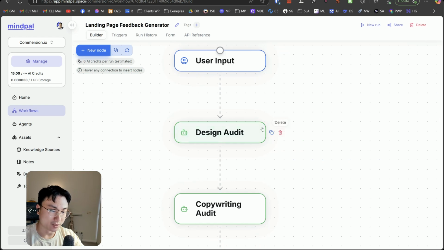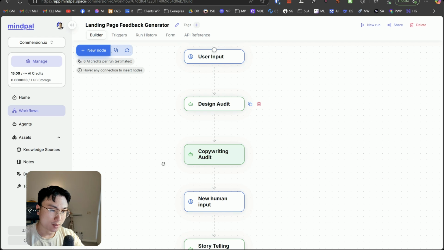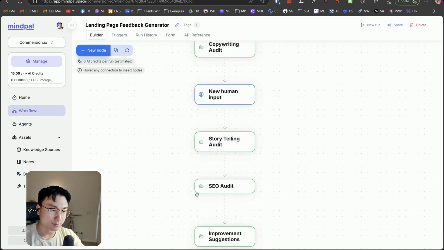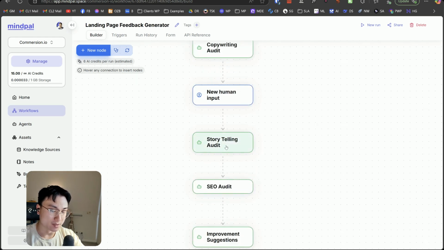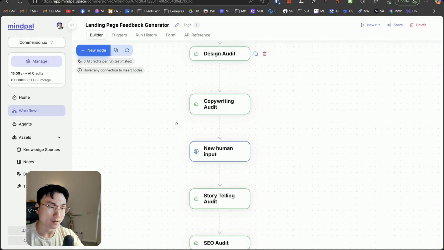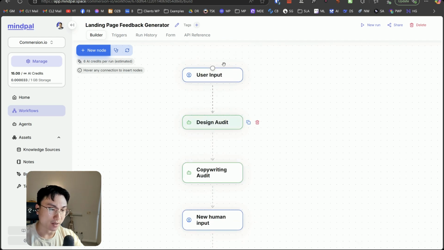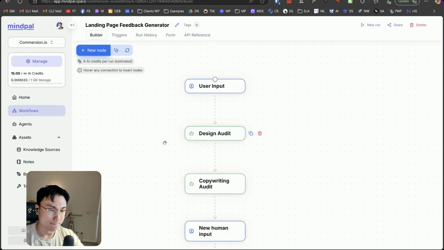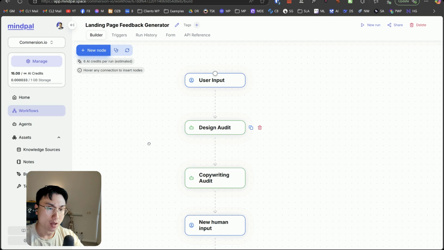I've only been focusing on the design audit. I'm not sure I'll be using the other steps, the copywriting audit steps, the storytelling audit steps, SEO audit. I might make those as separate workflows, as opposed to part of the same workflow. I need to map it out. I'll probably show it to you in the next few days how I'm going to map out this lead magnet,